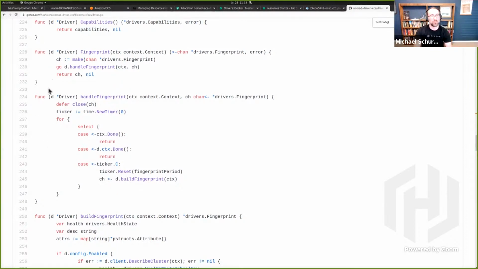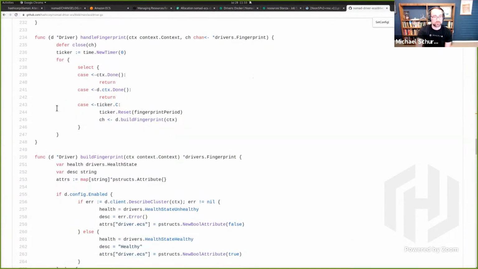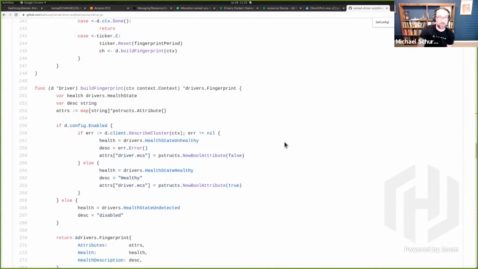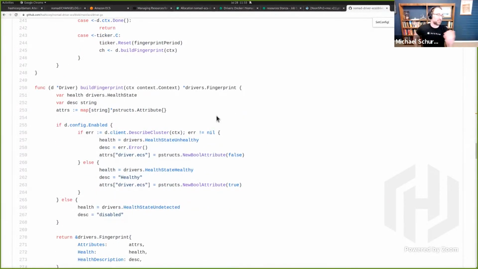It's where you can tell the scheduler whether this driver is healthy or unhealthy to prevent scheduling. Say the AWS credentials are incorrectly configured on this Nomad agent, then the client could report itself as unhealthy so that it's not trying to schedule remote tasks onto a client that is unable to run them.